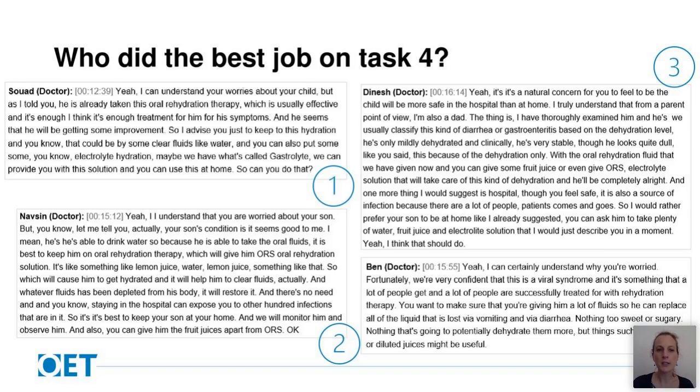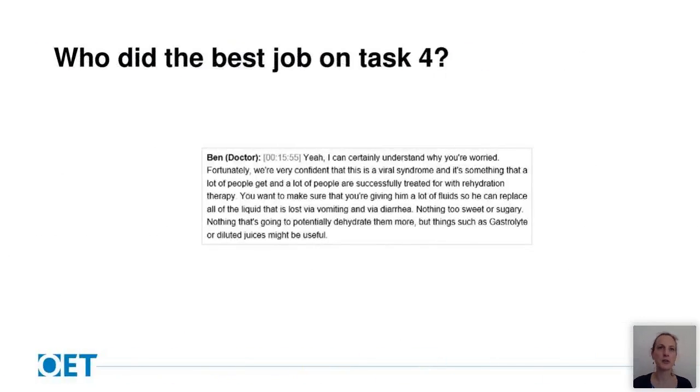Number 4 was clear and concise. And this one, I would say, is most successful. Why to give the fluids and what type of fluids, and particularly what type of fluids, was quite short, but at the same time it was also very clear.